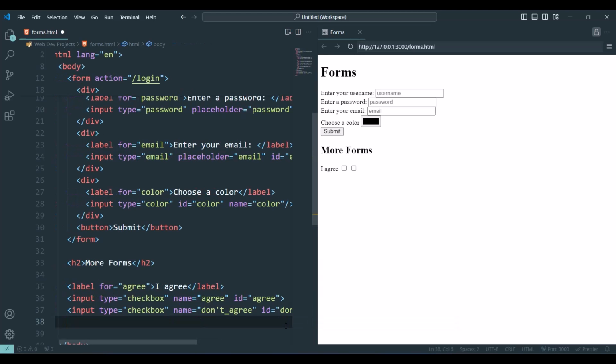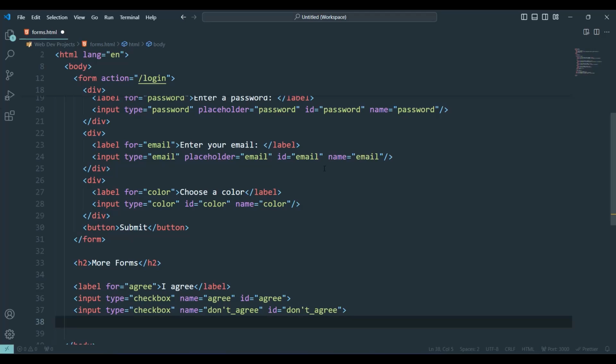Let's create a label for don't agree. I don't agree to the terms.